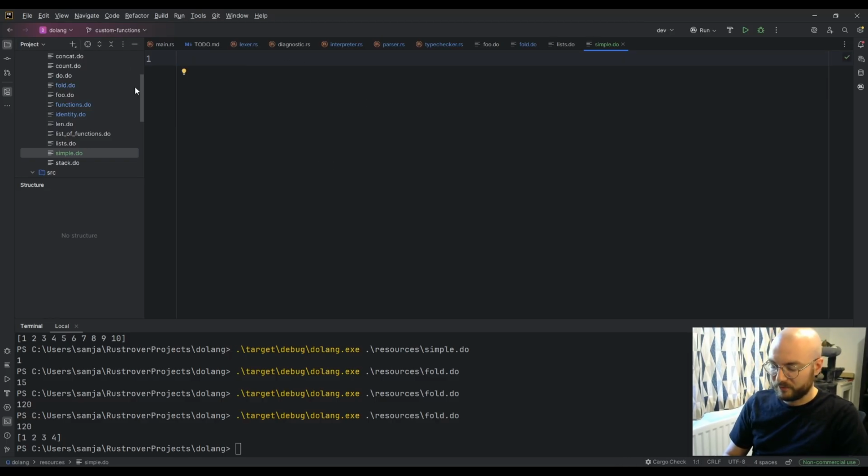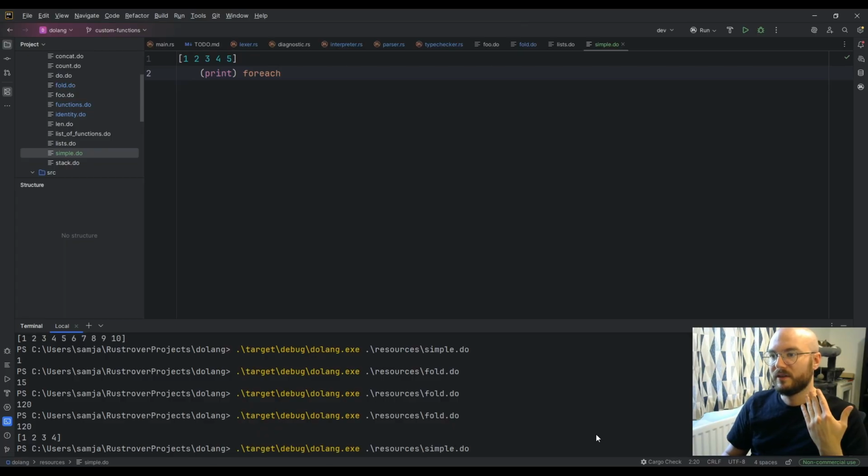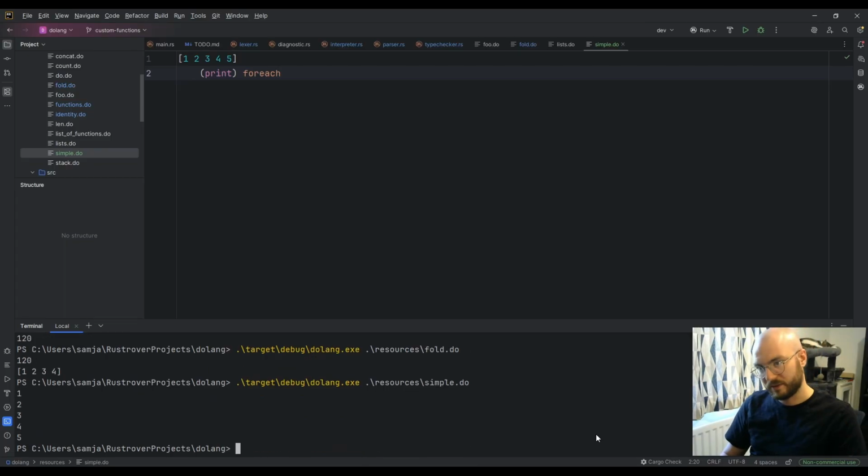So if I have 1, 2, 3, 4, 5, and a function which consumes an element and returns nothing, such as printing, and I for each, it essentially just applies this function to every element, returning nothing. And so it will print every element in sequence.